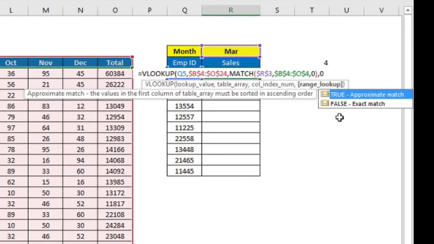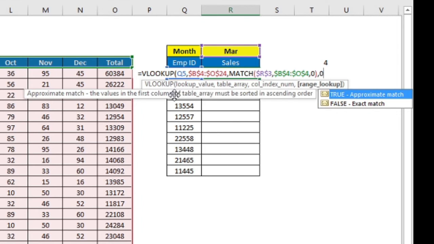So have a look at what we have created, how we created a VLOOKUP formula using the match function together. So VLOOKUP, this is the lookup value. This employee ID I have taken because I want to search the database using this employee ID as a unique value, comma, table array. I want to search in this particular table, so I selected a table array. I will lock the table because I want to copy the formula from here to here, comma.